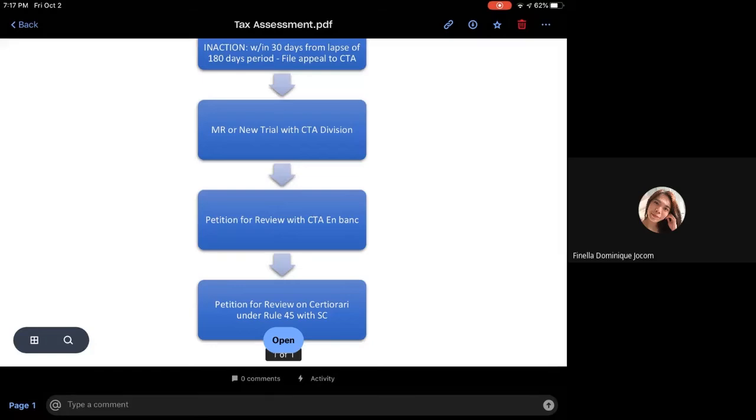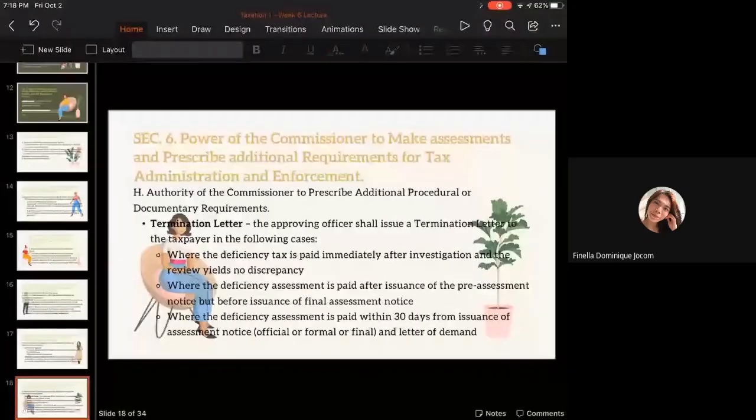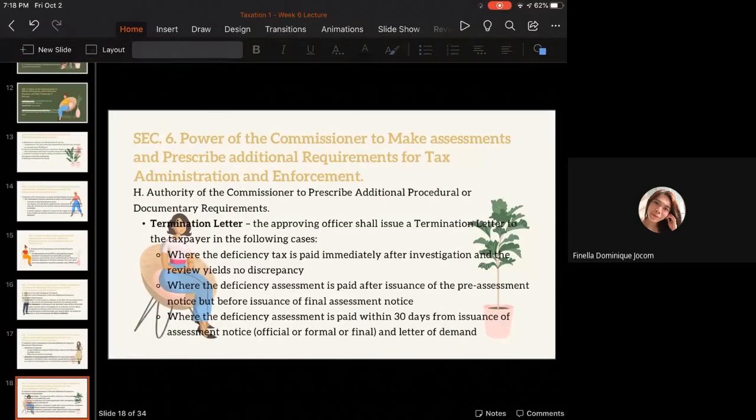So you will learn more about this when you go to tax remedies in Taxation 2. Okay, so just to give you an overview of that so that you understand these powers of the commissioner on making assessment. Okay, so in this case,